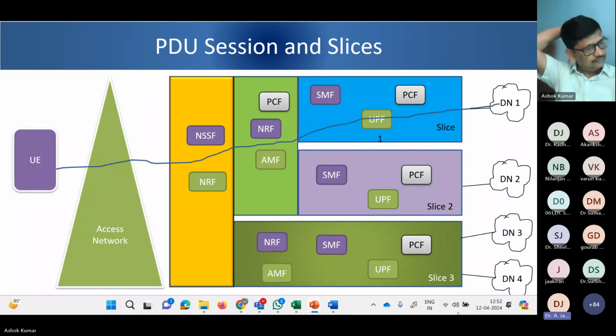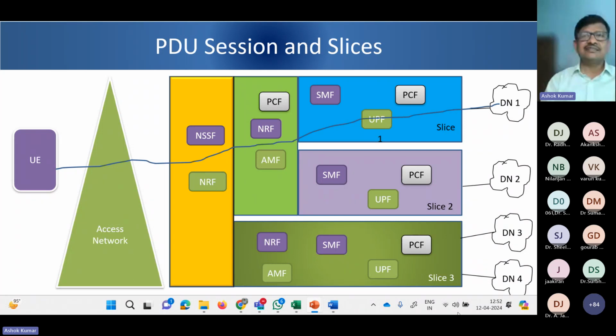Correct me if I'm wrong. Does the user equipment have to decide how the network has to be sliced, or will the slice already be there and the user equipment is going to use that? Slice will already be there. So the slice will not be controlled by the user equipment. The user equipment is just a communication device connected to a car, connected to our smartphone, or connected to a smart meter. So that will not decide.